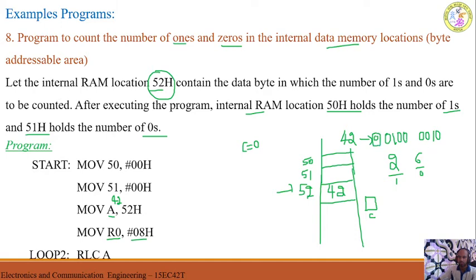When you rotate all the bits left by 1 time along with the carry, what will happen? The MSB will come to carry. This 0 will come here, and this 1 will come to this position. Now this is 1, and this 0 will come here, and next 0 will come here, and this 0 will come and occupy this place because this is rotated left.